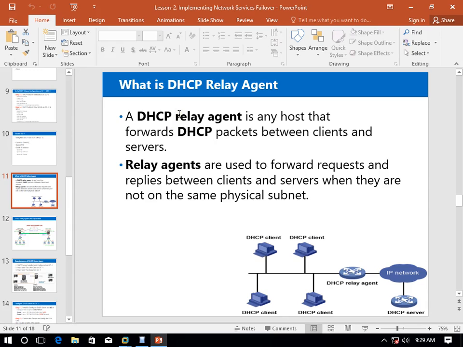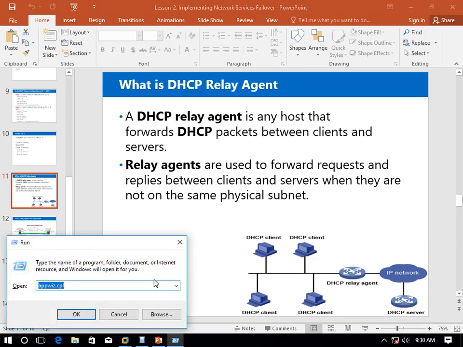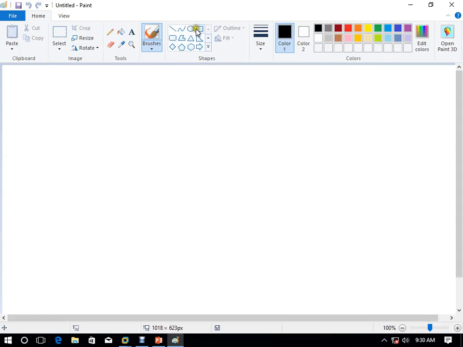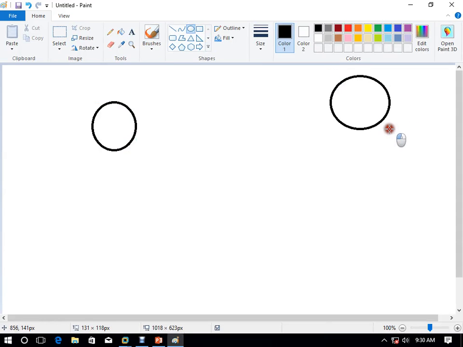A DHCP relay agent applies when you have multiple branches. Maybe this is your one branch connected with this router, maybe this is another branch, and maybe you have another branch here. Your company has multiple branches. This is one branch router, or maybe a server, and all these branches are connected